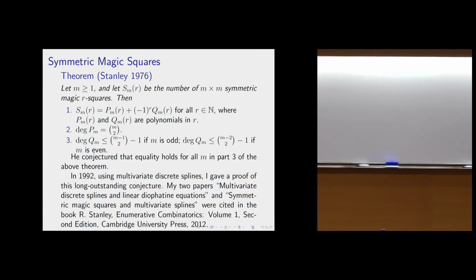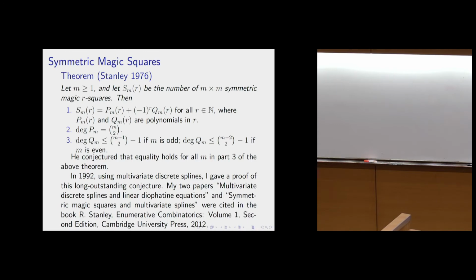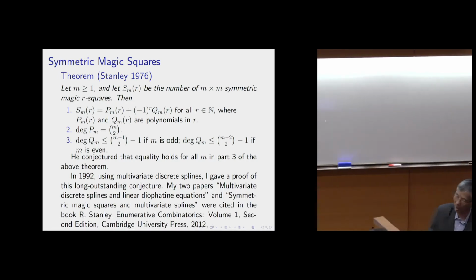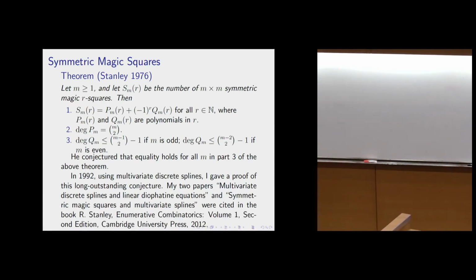So I replied to his email message, and these two papers were cited in his revised book on enumerative combinatorics. He acknowledged that that application of B-spline is significant. You really can solve some difficult problem. Now, the problem itself probably is not that important. But if you can use an analysis method to solve a non-trivial problem in algebra and combinatorics, this is